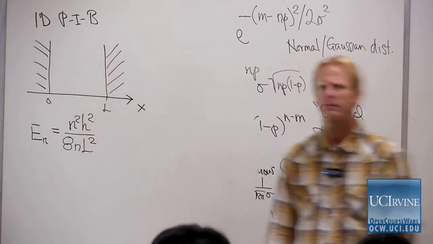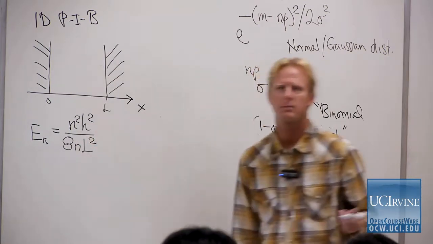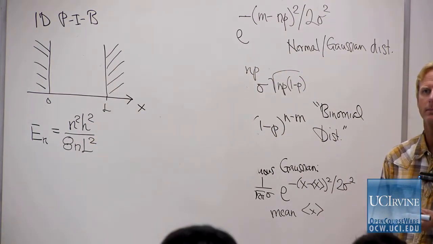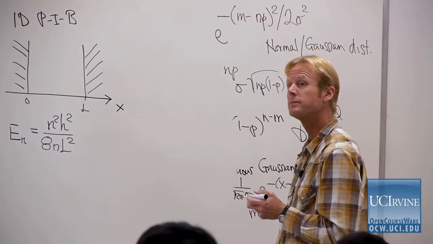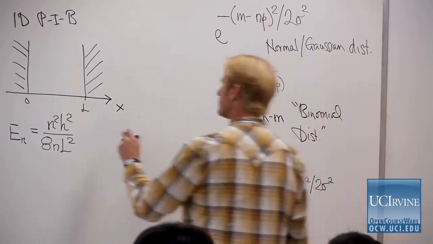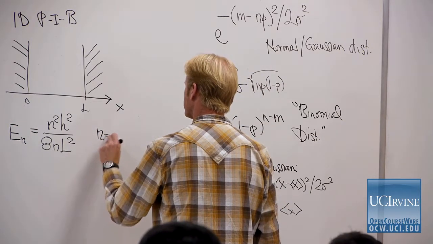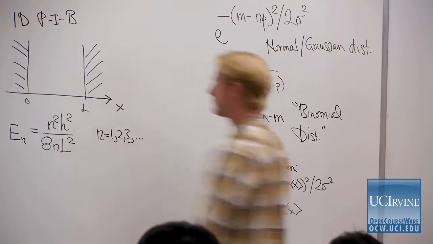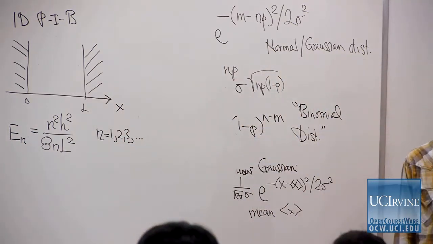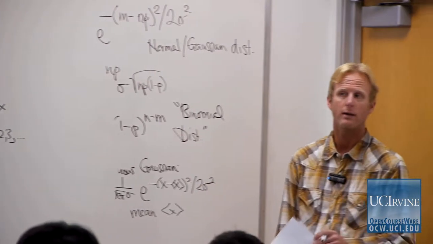Does that look familiar? h is Planck's constant, and n is a quantum number. What does n range from? All right, so that tells you the ground state, the lowest energy, is n equals 1, and then